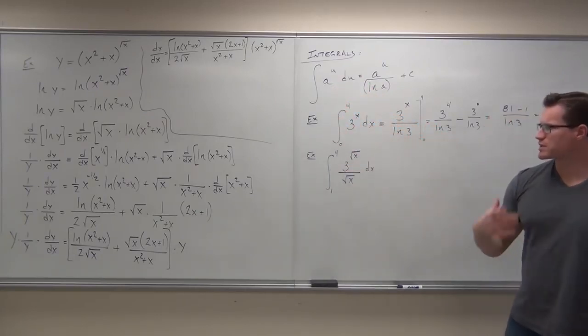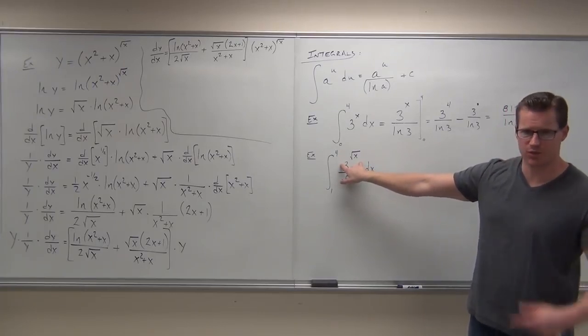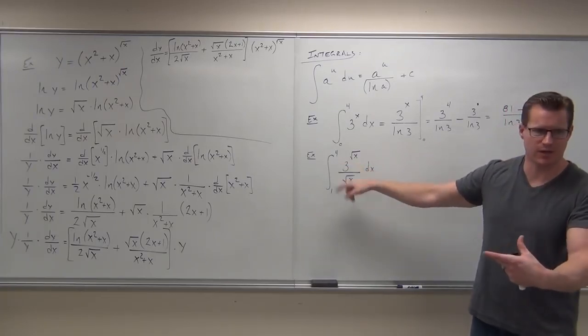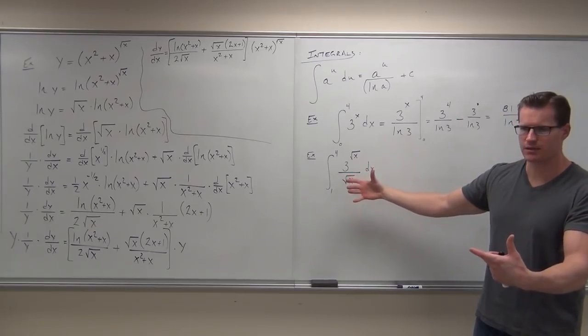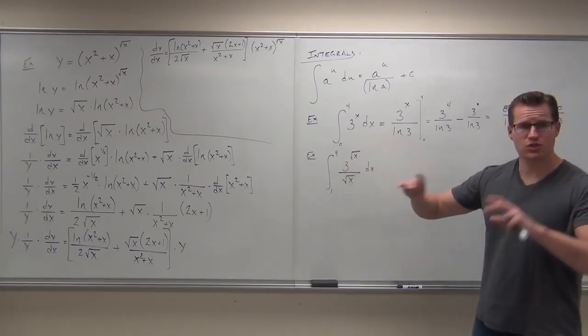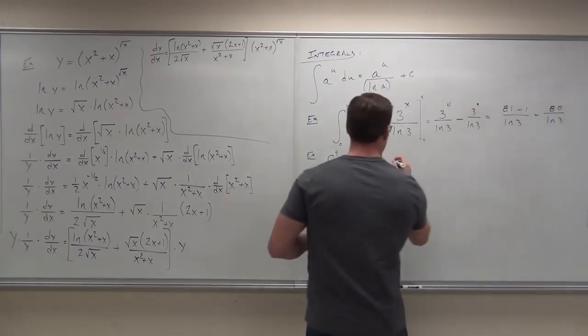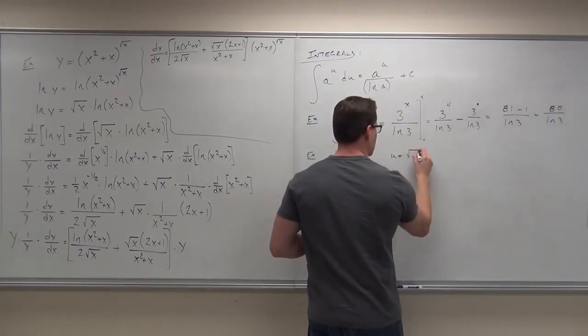What's the appropriate substitution? Would I pick this entire function here? No. It's a bad idea because we're going to get 3 to the square root of x, and I don't see that again. What is a good idea? Square root of x. The exponent. It's usually the inside of something. So it's going to be the exponent here. You're absolutely right. So if u equals square root of x,